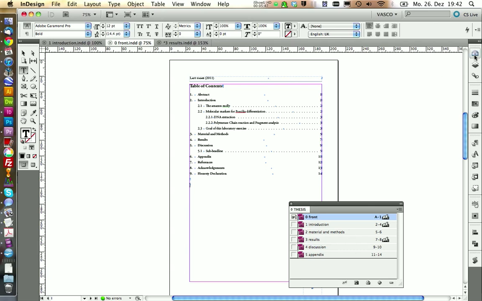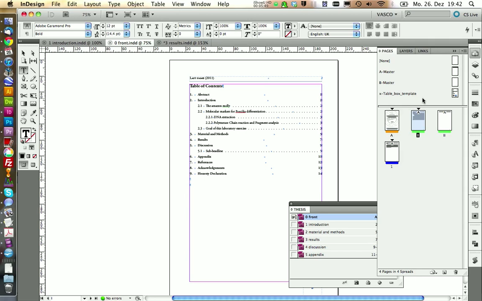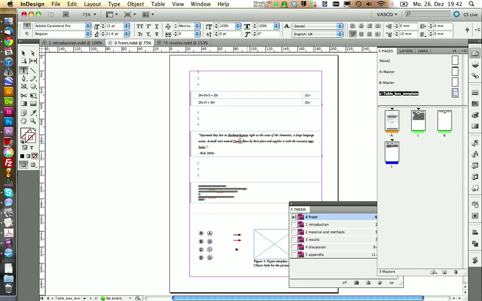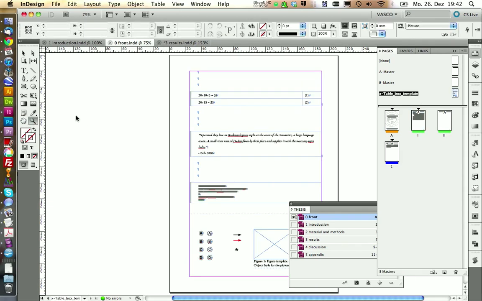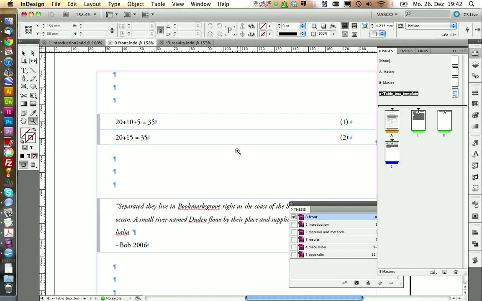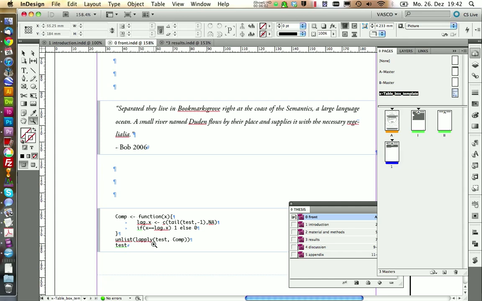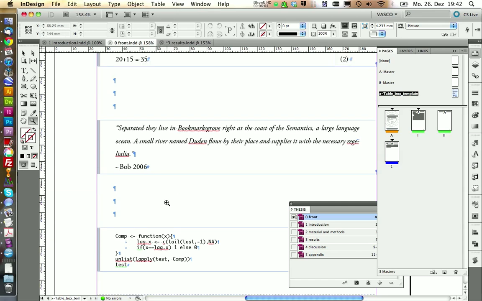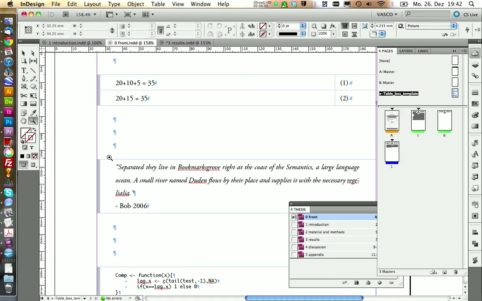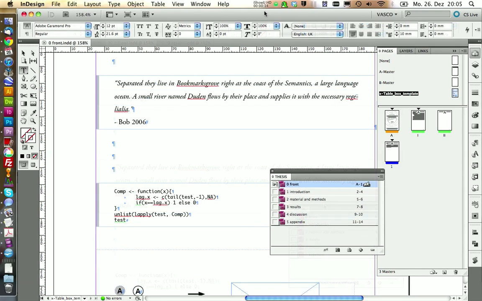One thing I also want to point out is that on your master page, in the template box, you also have some other things that you can use. For example, if you have mathematical formulas or you want to insert some code or programming language, you have those boxes that are also a nice layout element that you can just copy from here and paste where you want to have them. Next, I would like to show you how you manage your cross-references.